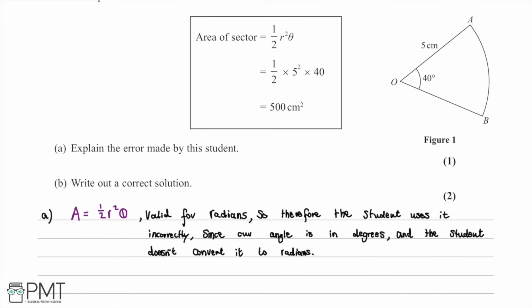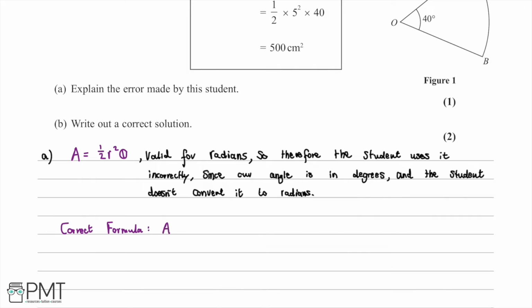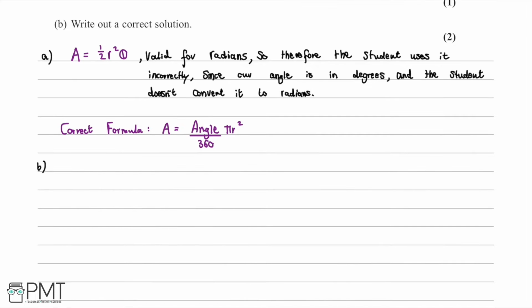And we know that the correct formula that we can use to work out the area of a sector of a circle is as follows. It's going to be the angle in degrees divided by 360 multiplied by pi r squared, where we know that this part of the formula is converting our angle from degrees to radians. Now moving to part B of this question, we're asked to write out the correct solution. So we'll do that as follows. We'll have that the area of the sector